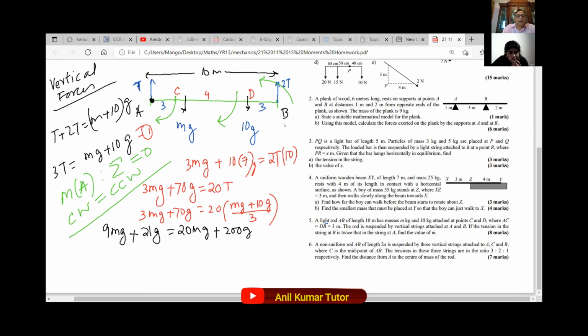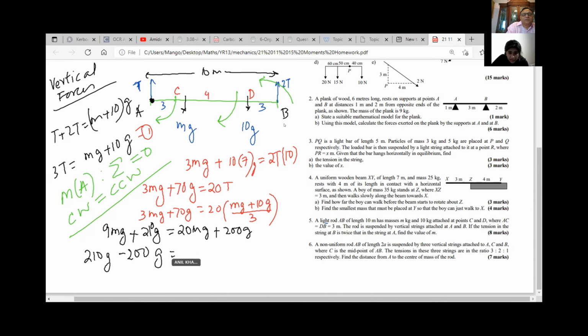Now we want mg, so I'll take mg on the positive side. I think you just forgot a zero for the 210. 70 times 3 is 210. Correct. I was wondering why it was becoming negative. Perfect. So we have 210g minus 200g